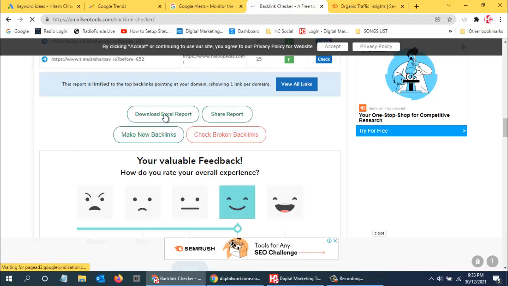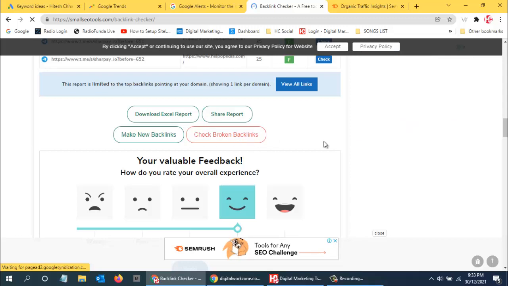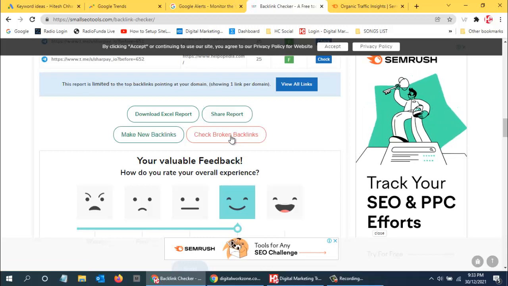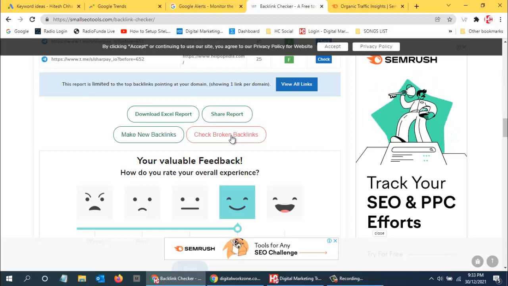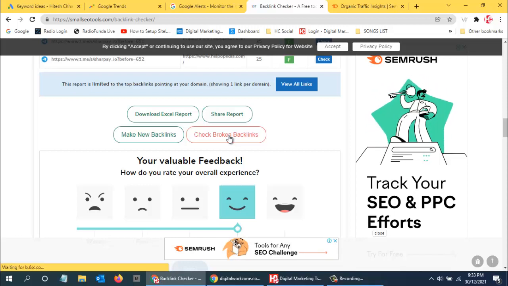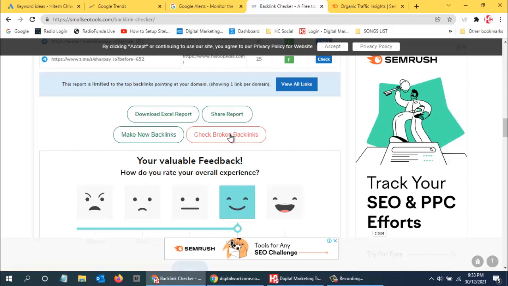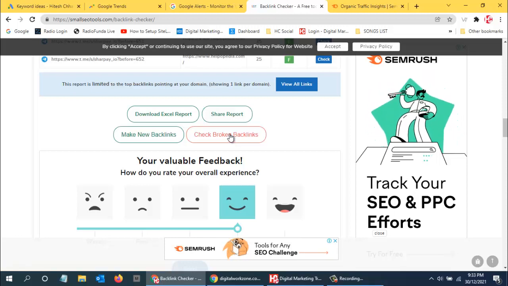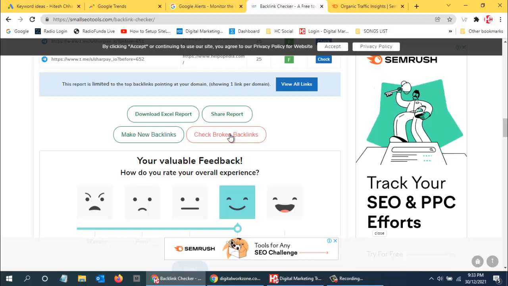Then if I want to check the broken links, so the links of my website which are not working, that also I can use this. But this I can use once the website is ready and everything is fine, it is launched. Before launch, you can just check this, so that by mistake, if people click on the links, it should not display page not found. So that will create a bad reputation. So we do not want that. So we should always check for broken links.